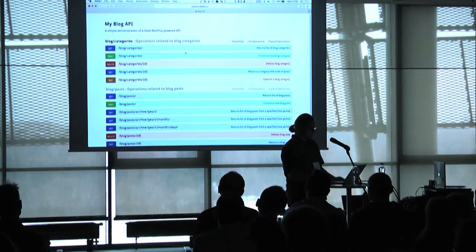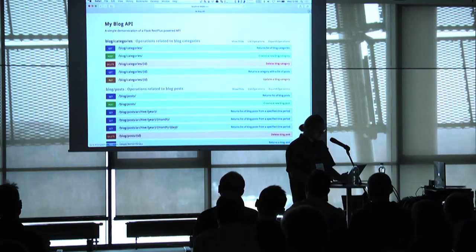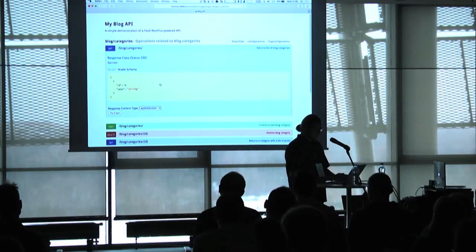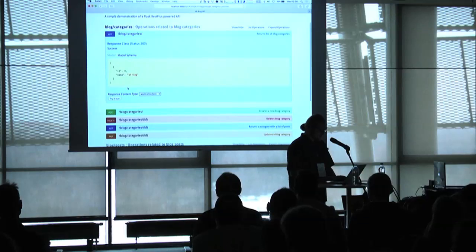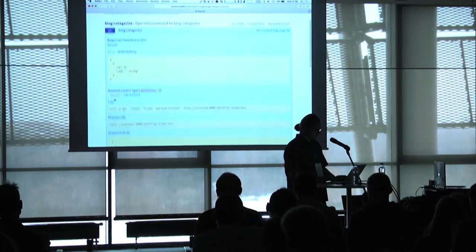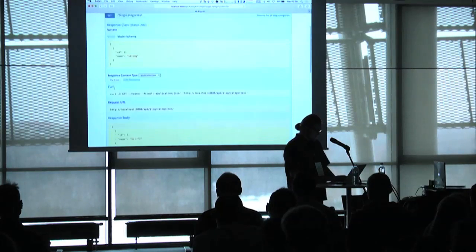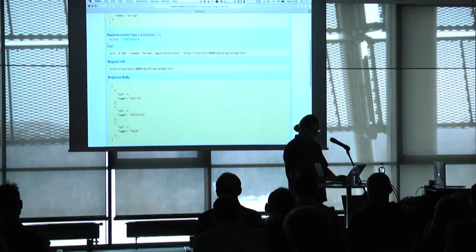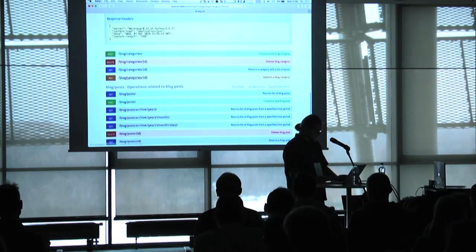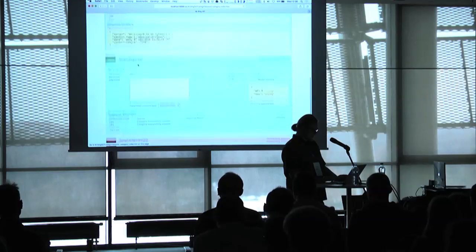It's a web page that contains a list of all the API endpoints that you define. And these endpoints have documentation about the input and output of the endpoint, and you can even try them out and see if they're working correctly. So here in this case, I have a contrived little example of a blog. So the blog has categories, and when I do a GET request to the categories endpoint, I get a list of categories. I can create a new category by issuing a post request.